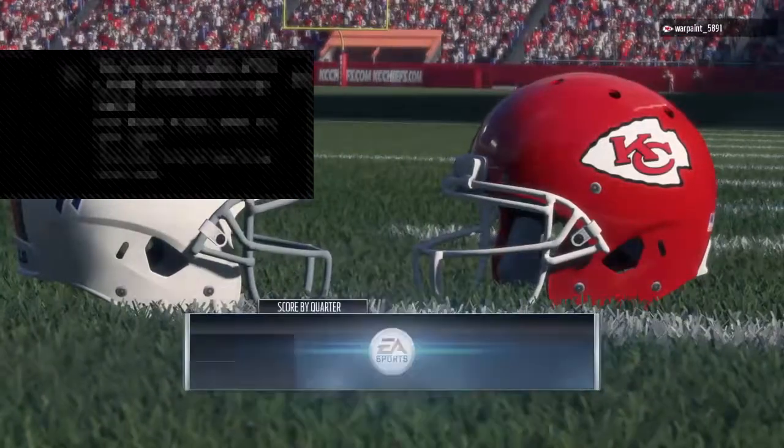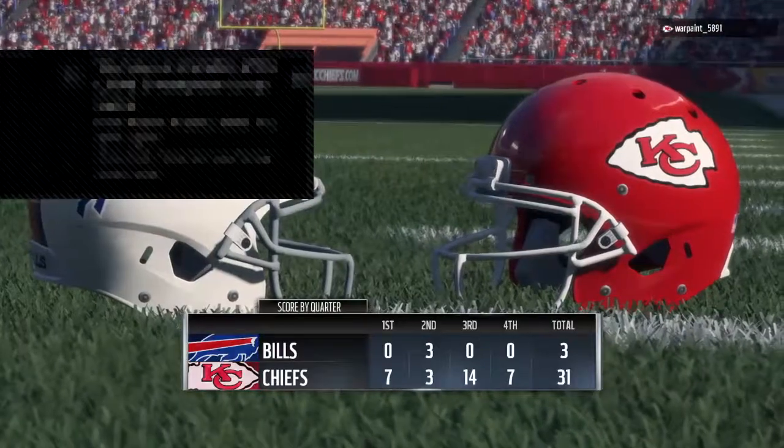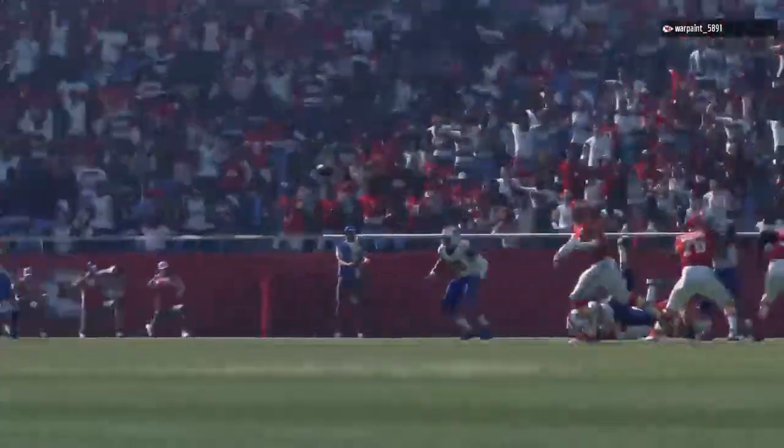So for the Chiefs, they're on a nice early roll as they move to 3-1 with a win here. And next week they get to stay home again as the Los Angeles Chargers come to town. Meanwhile, for the Bills,